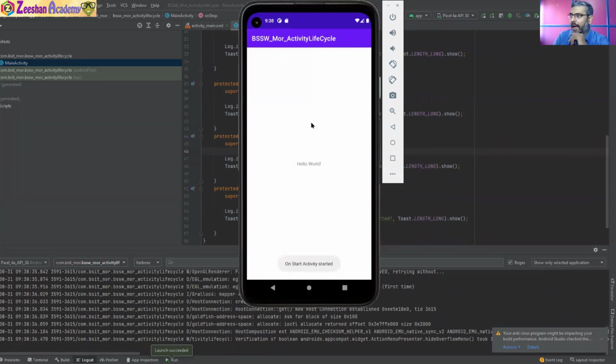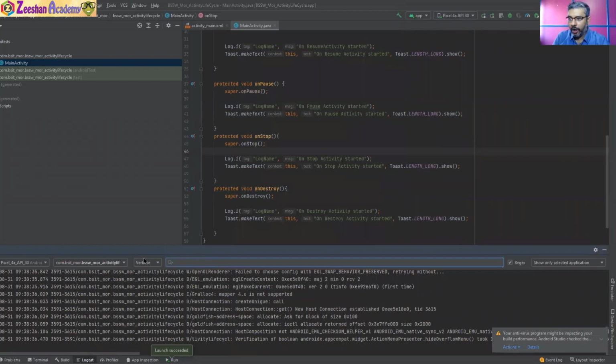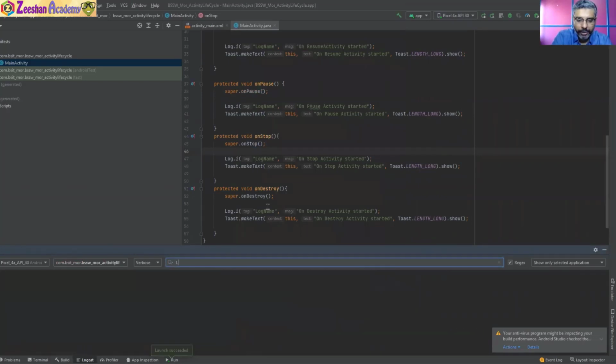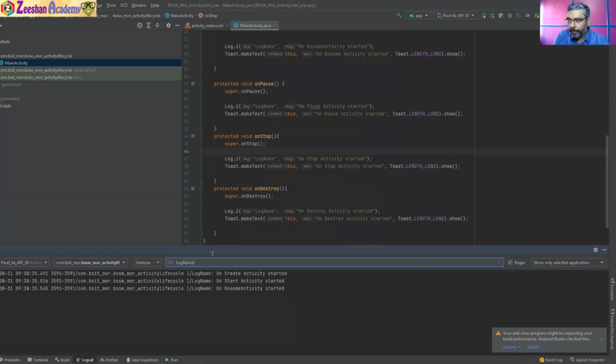Okay, so once the app is launched, now you see onResume activity, यहाँ पे आपका मैसेज आ गया। Okay, if I come into the Logcat पे आके मैंने यहाँ पे log name दिया था वर्ड, तो मैं यहीं पे भी log name दूंगा। तो जो ही मैंने log name लिखा, तो सिर्फ log name वाली जो logs थी वो आ गई। तो Log.i में जो हम टैग देते हैं, ये एक्चुअली टैग्स हम सर्चिंग के लिए देते हैं कि मैं अपने यहाँ पे बड़ी आराम से मैं जो मुझे लॉग चाहिए था मैं ढूंढ सकूं। तो बाकी सारे लॉग्स हाइड हो गए, मैंने सिर्फ log name लिखा, तो मेरे पास log name आया।